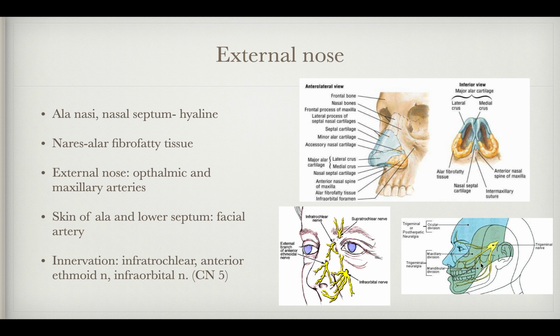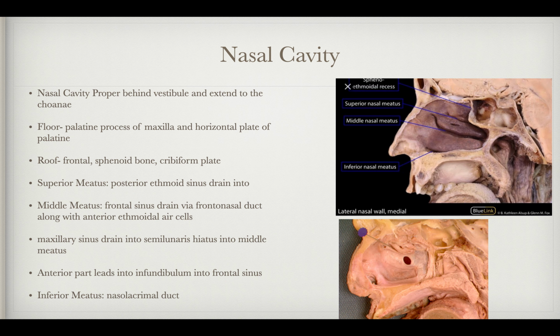And trigeminal neuralgia, which is going to be a pain from the trigeminal nerve right here in the plexus. It's going to radiate down the jaw to the nose, around the eyes, and up here to the forehead. Okay, so the nasal cavity proper starts behind the vestibule, which is right here, and it extends